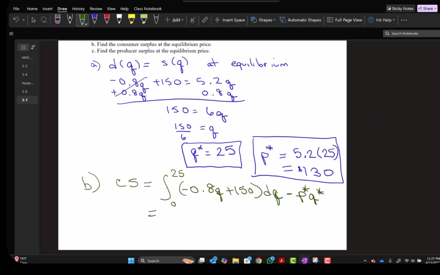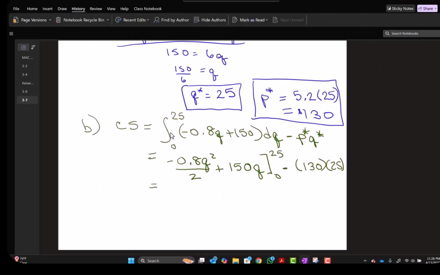If I integrate negative 0.8 Q, I get negative 0.8 Q squared divided by 2 plus 150 Q evaluated between 0 and 25